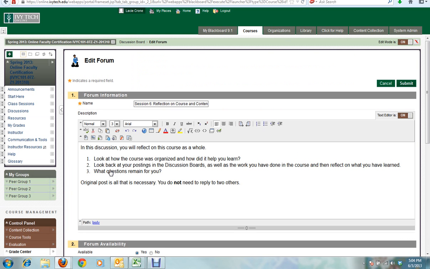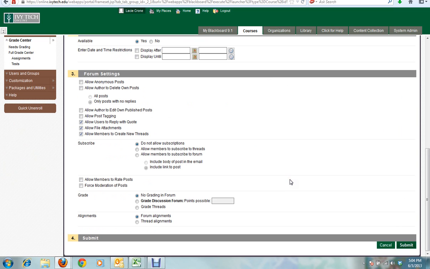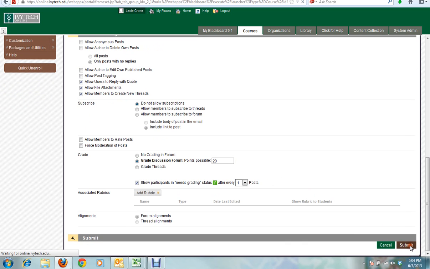Now, if your course has already been set up for the grading, that's great. When they come from the state, they're not set up. And the reason being is those grades don't import properly into the grade center. So you'll need to establish the grading before your course starts, and it's real easy. So you just edit it, and then you come down here to where the grading information is, and you click Grade Discussion Forum, and you give it the number of points that you want it to be. From there, you tell it to submit,